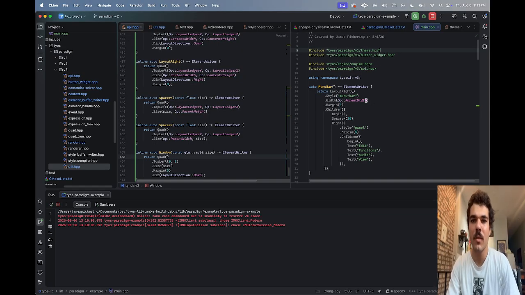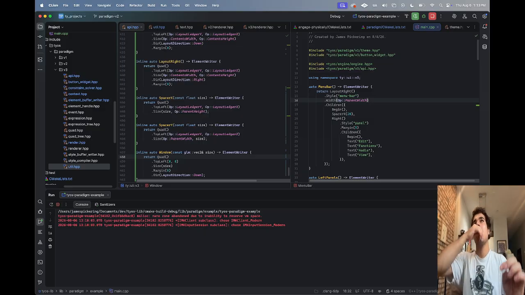But see, this isn't really a layout, right? This still has some style. Oh man, see,